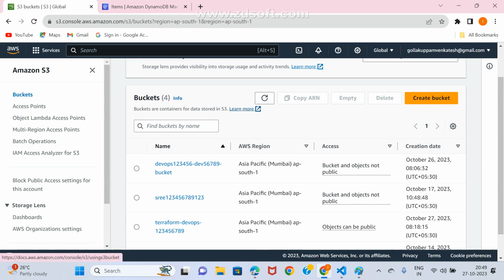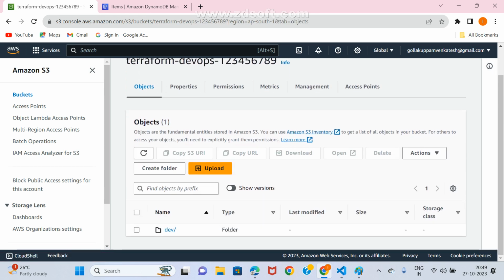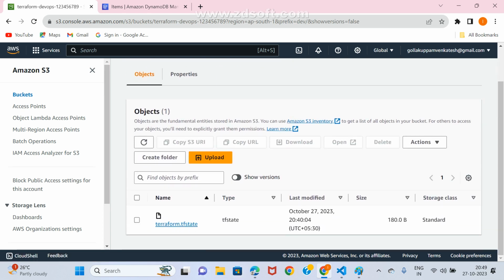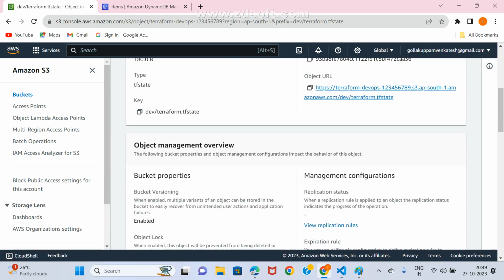Which is our bucket? Terraform DevOps. This one, I think, right? This one. Here, see? Yes, Dev. Now I want to see this information. Now check it. I think yesterday we converted